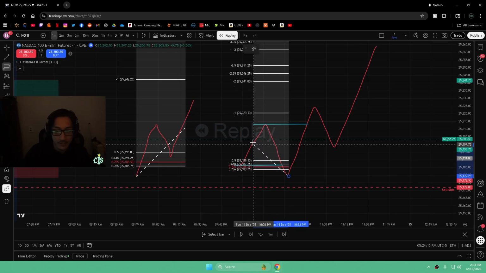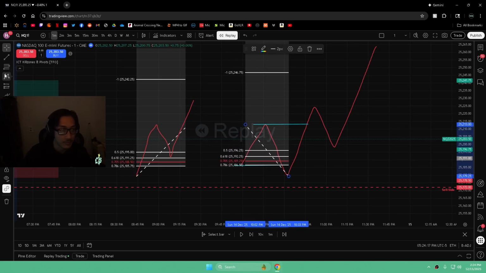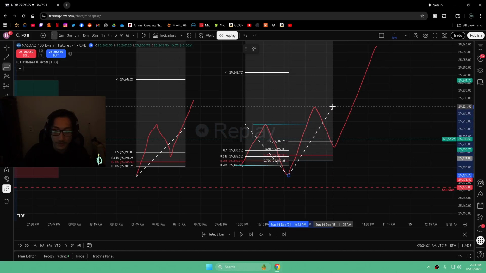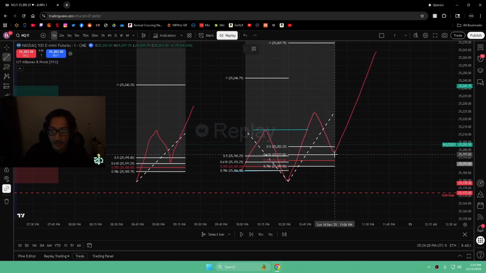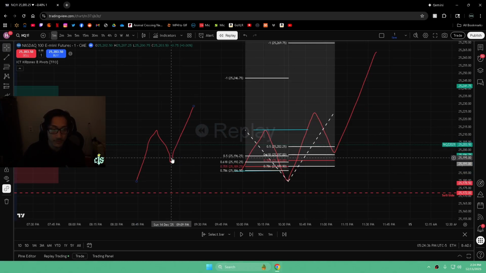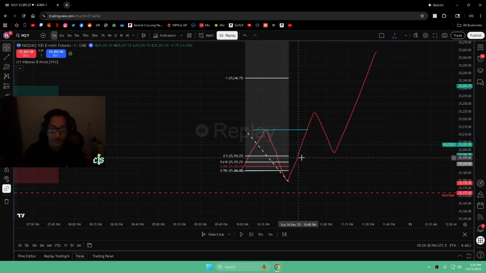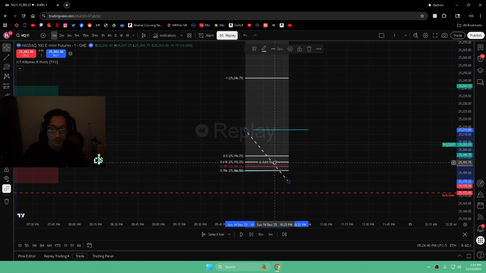This is your manipulation, right? Boom, boom, manipulation for your levels, and then this is your levels. I almost drew it perfectly, but basically that's it, right? And then you'll get your entry right here and ride the wave. All right, now that you know the two different types of fibs you could draw for your entries, we go over